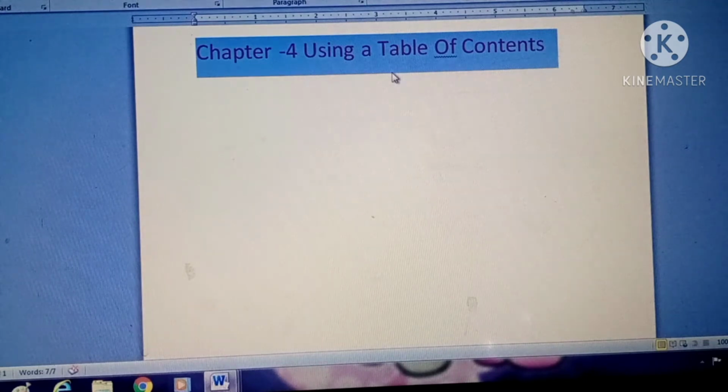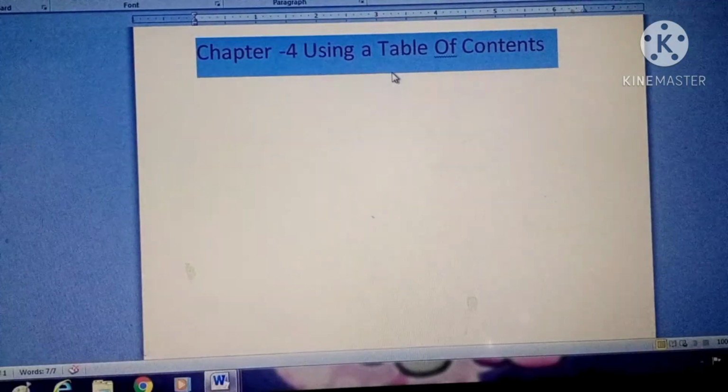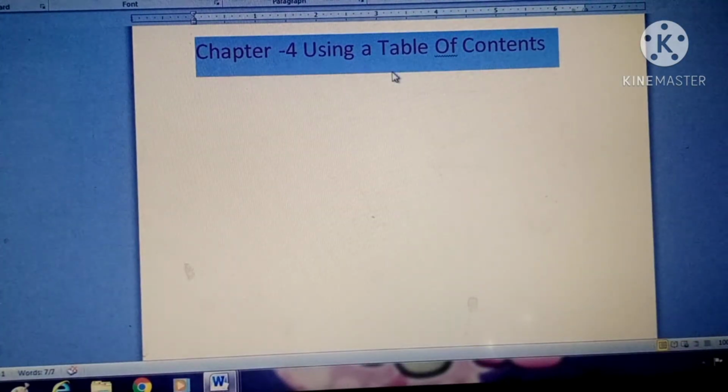So in this chapter we will read about the table of contents. By using a table of content, you can make your index more beautiful. It will feel very user friendly. You can easily change your contents, and it will look more attractive. So come with me and let's see how we can use the table of contents. Firstly, I am writing some lines in this document, some topic names, then subtopic names. Then I will tell you how you can use the table of contents for making an index.